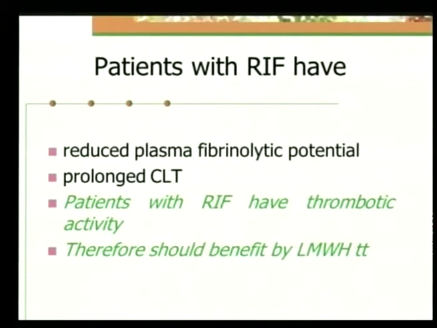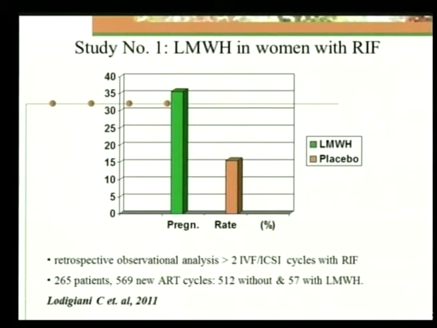She concluded that patients with recurrent implantation failure have a reduced plasma fibrinolytic potential, as evident by their prolonged clot retraction time, and that patients with recurrent implantation failure have thrombotic activity and therefore should benefit from low molecular weight heparin treatment. Now I will go through 4 studies demonstrating the use of low molecular weight heparin in women with